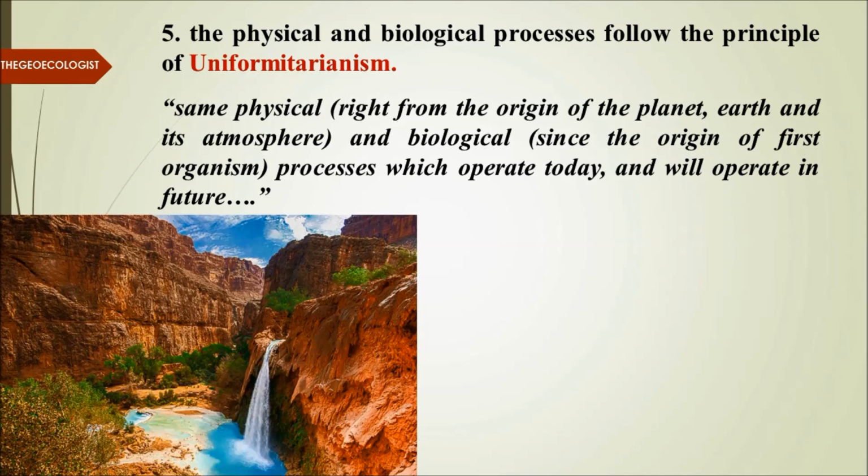So the same physical and biological processes which are operating today and will operate in future were operating since the beginning. So these processes are the focus here. When we say uniformity, what is uniform? The process. The process always has been there. Which kind of process? Physical and biological process. It has been there since the inception and it